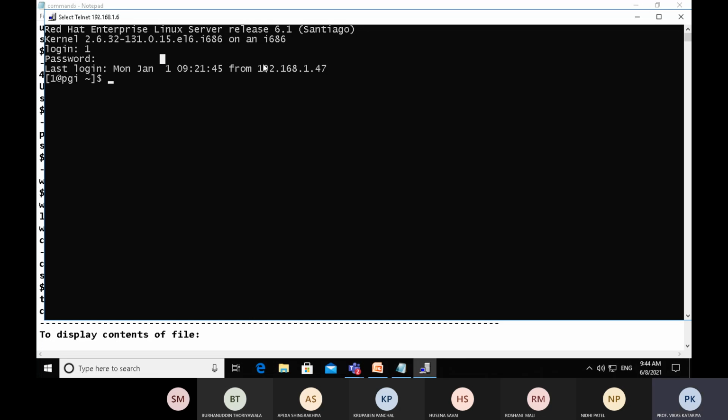The IP address of my PC is 192.168.1.47, and this is the date and time currently running on the server. And this is the dollar prompt, which is nothing but a shell provided by the Linux kernel to user account 1, and PGI is my user account.